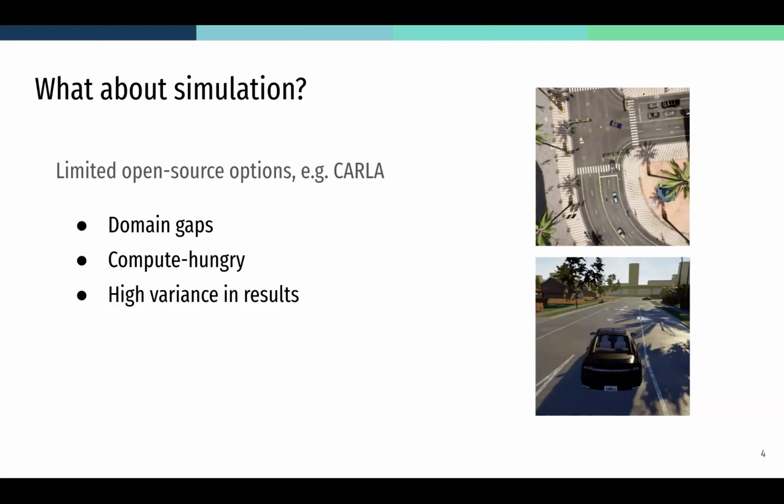To compound the problem of compute, there's often quite high variance between results in simulators. If you retrain your model, you can get scores, in Carla in particular, on a scale of 1 to 100, with a difference of 20 or 30 points for a different training seed of the exact same model. This makes it very hard to make statistically significant comparisons in simulators.